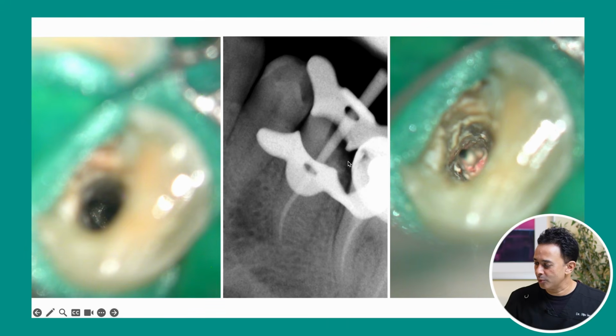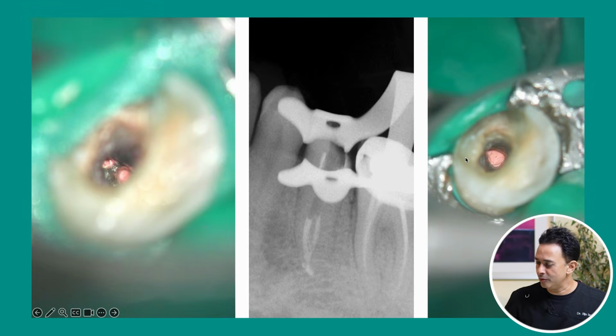So you can see here, there's one cone here, we obturated that, then we use a small micro opener to make sure the other canal is also patent, and then we obturate the other canal as well. So you can see here, both the canals obturated up to this level, and then we build up that case.